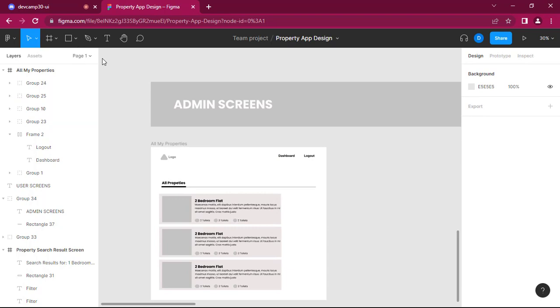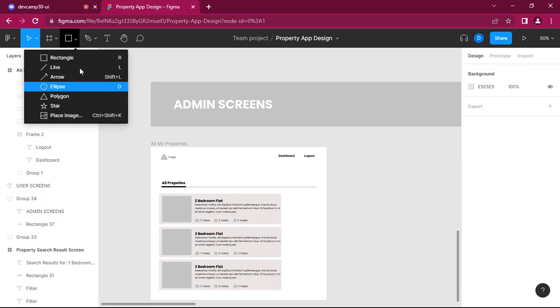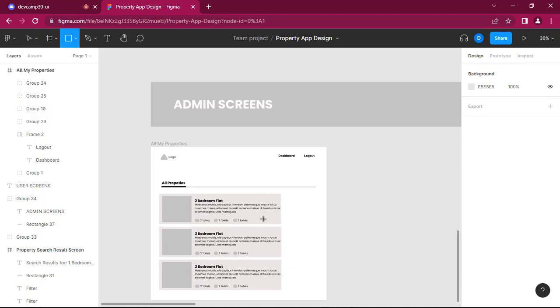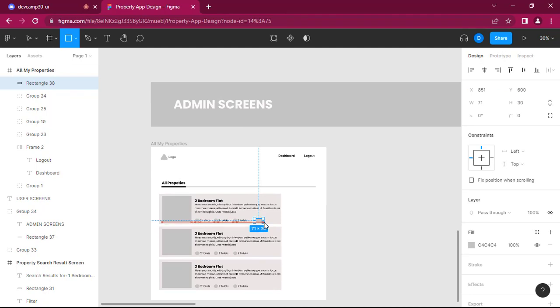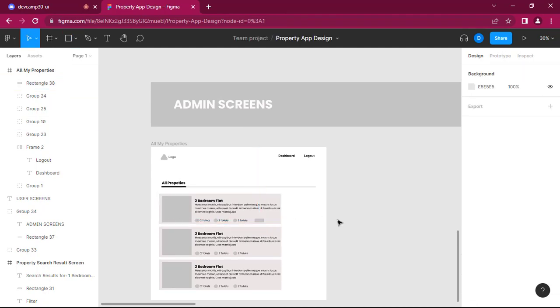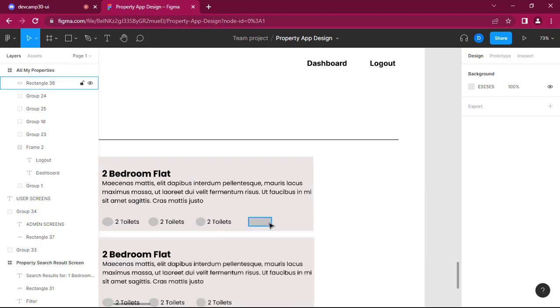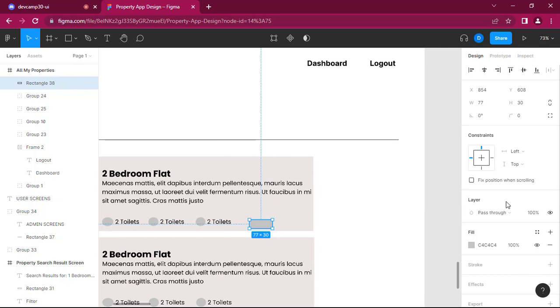Title, then let me just add the description of the property. Copy both buttons here, and paste. Let me zoom in. This will be like the description of